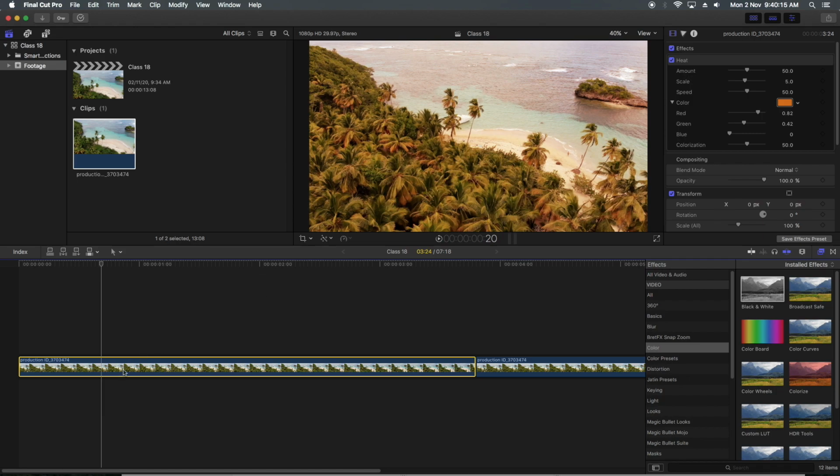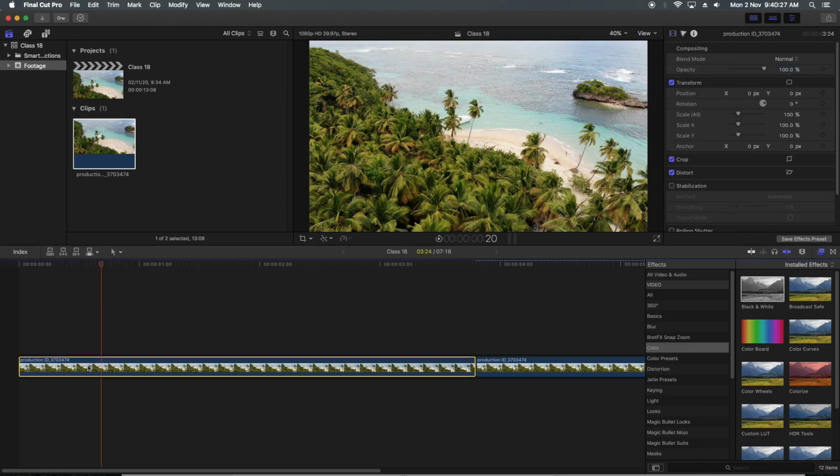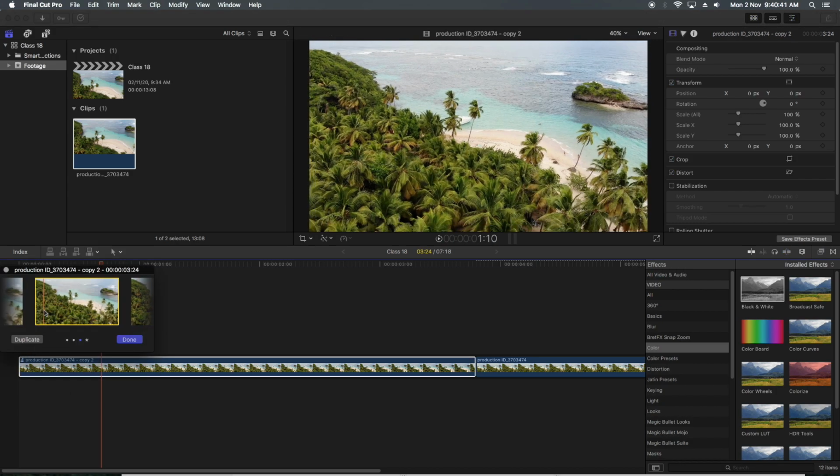Effects भी कर सकते हैं, कुछ भी कर सकते हैं. So if I click on this, here in the inspector window you can see the filter or effect. Let's say I don't want to use colors, I want to do some effects. Then again Option Y, we are duplicating the audition two times, three times, and four times. If I click here, yes, it's here.